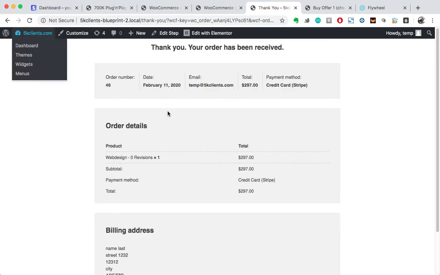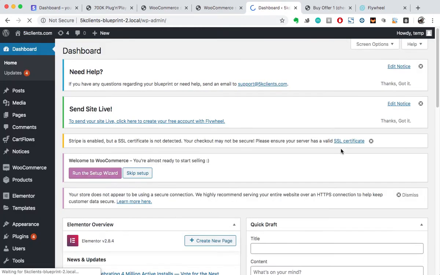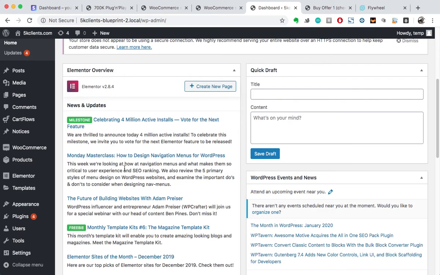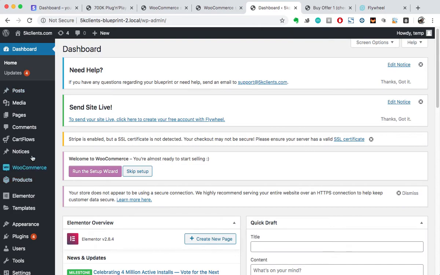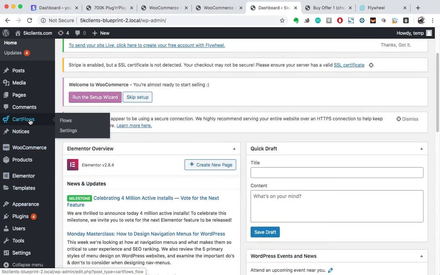Okay, guys, that's basically it. I showed you why I like Stripe better than PayPal, because it lets you pay straight from the dashboard. You see, there's no cart. The process is optimized, and you can make it even more optimized by buying the CartFlows